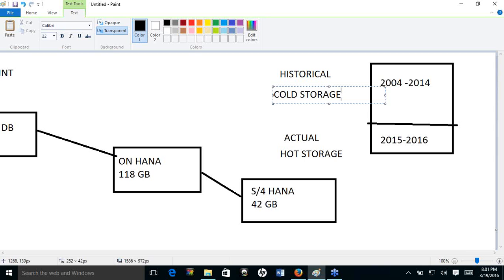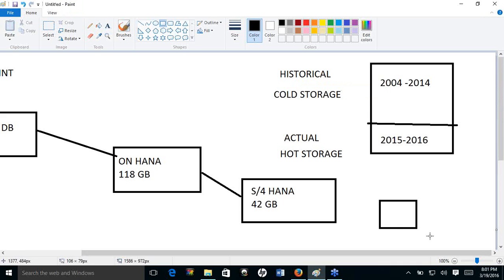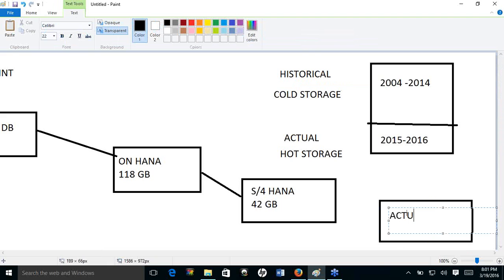basically, the data which you need 90% of the time, or 95%, or even 98% of the time, is going to be only your actual data, not your historical data. This is the data which you will require most often. In 90% of the cases, you will require only that data, which means only that data matters. So if I am going to need only that data, which is my actual data, my database size is going to come down to 8 GB,